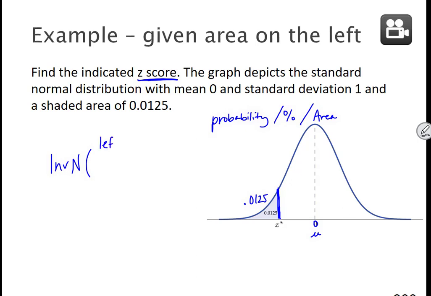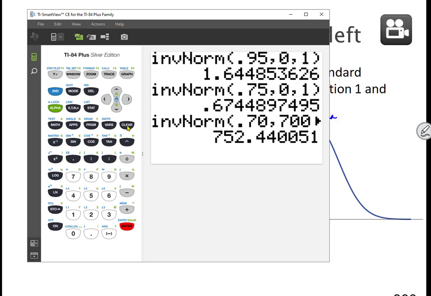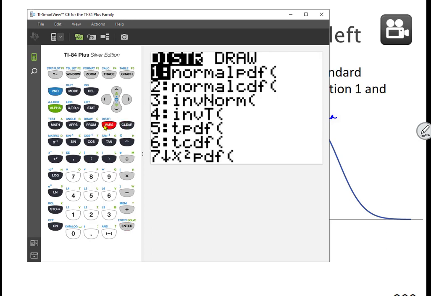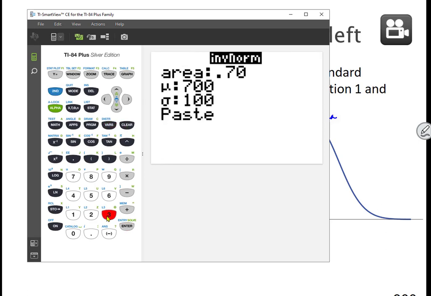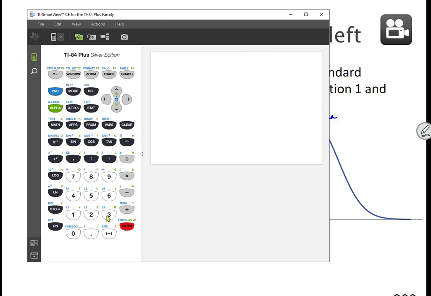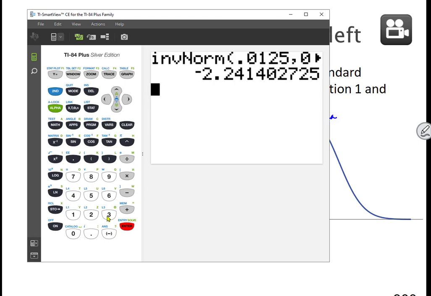And remember, we want what's to the left of the z-score that we're looking for, and so they've already given it to us. It's 0.0125. It's not a percent, but it represents an area. And then mu would be 0, sigma would be 1. We find our calculator the same way we've been doing it, second vars, number 3, 0.0125. Mu is back to 0 and sigma is back to 1. Paste, enter, and we get negative